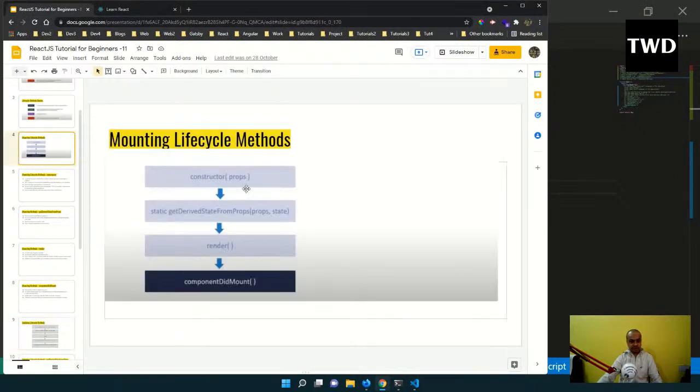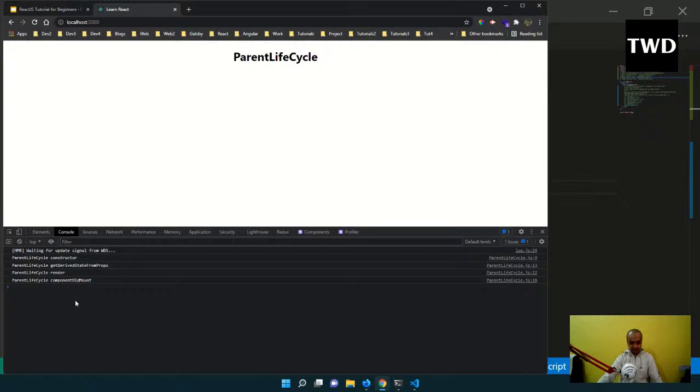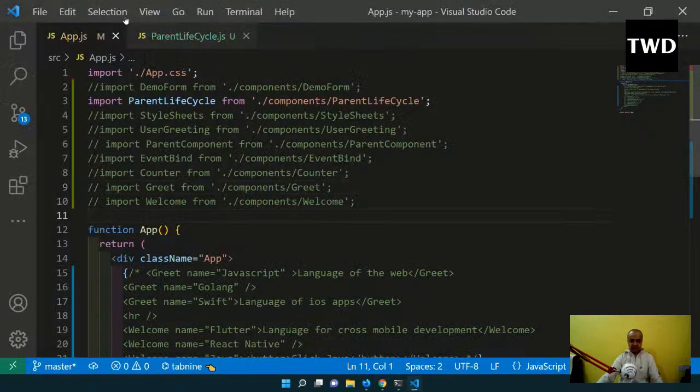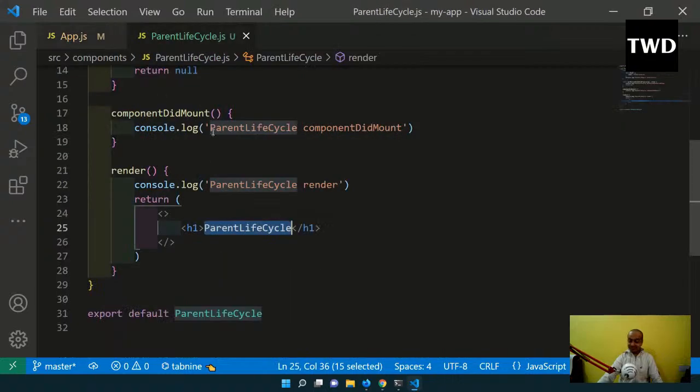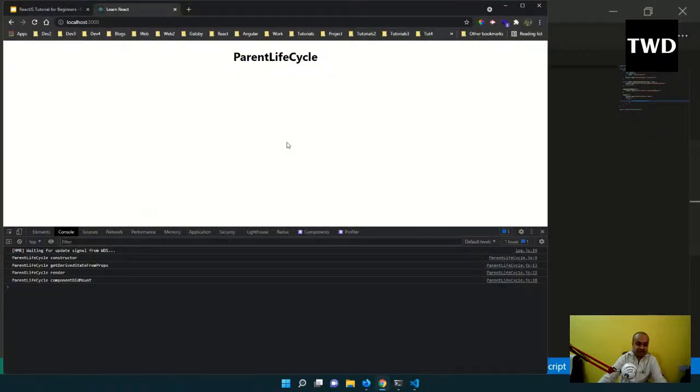So let me go back here. So constructor, getDerivedStateFromProps, render, and componentDidMount. This is the order in which it runs. See, componentDidMount ran after the render. You might be thinking, okay, I have placed it here, but no, it doesn't work like this. After the render is done, componentDidMount is called, which is very important. So this is like that, and then